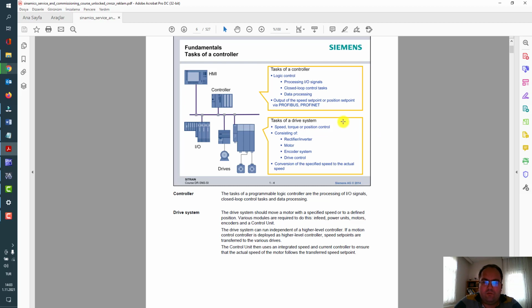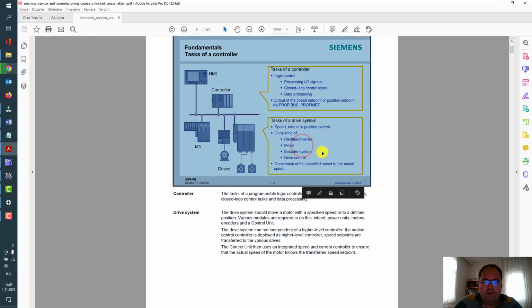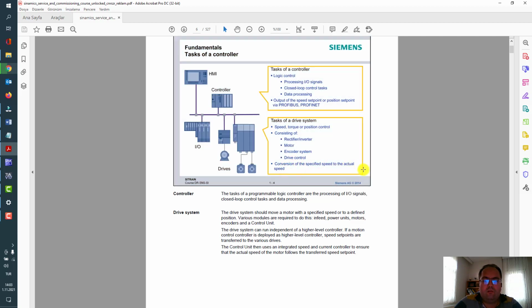And in this case, what's the task of a drive system? Speed, torque or position control. It consists of rectifier, inverter, motor, encoder system, drive control, and conversion of the specified speed to the actual speed.